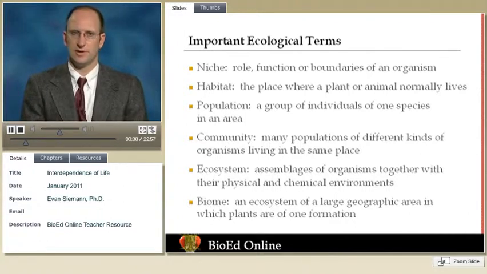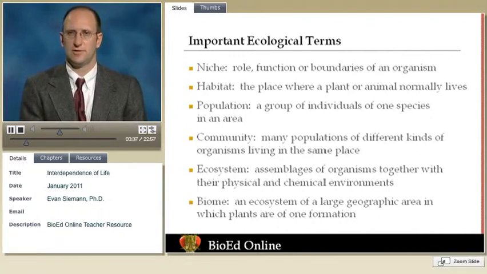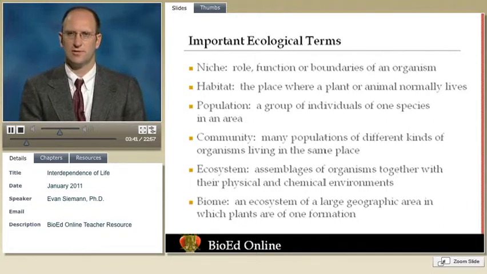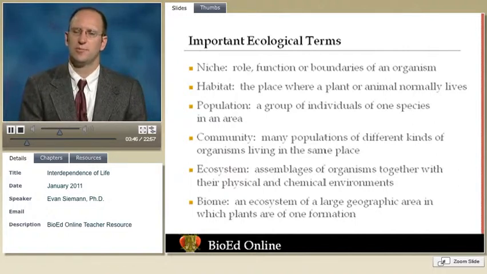So for instance, people might talk about a desert biome, and there's a particular type of plants and animals that occur in a desert. Or they may talk about something like a grassland, where again, there's a characteristic type of plant that occurs in that. And so the term to describe that catch-all of plants and animals that characterize a particular set of conditions over large geographic areas is biome.